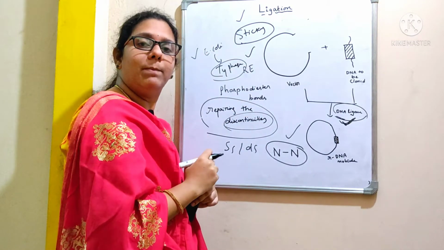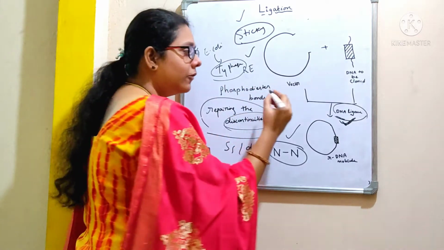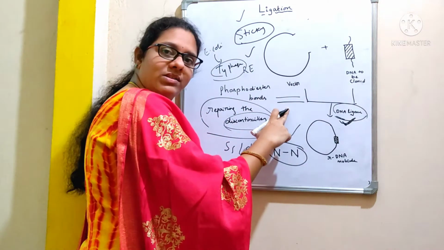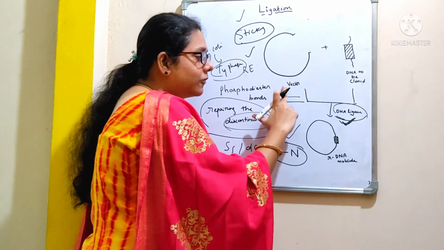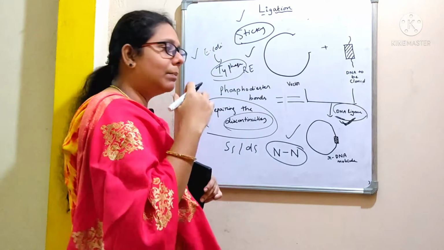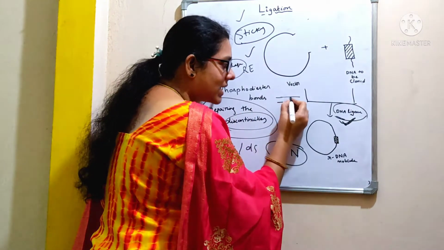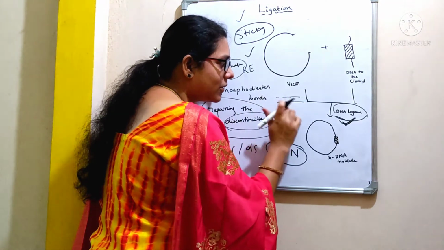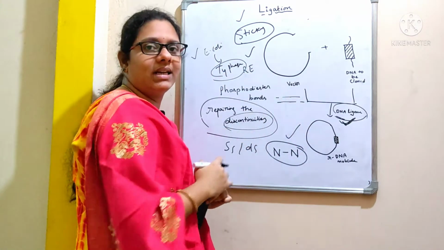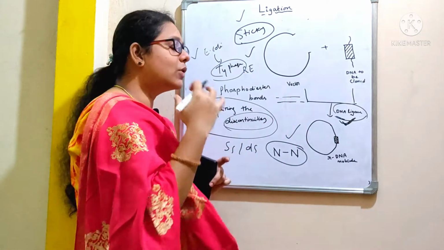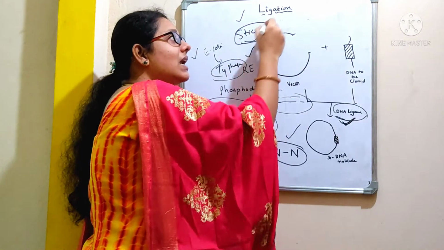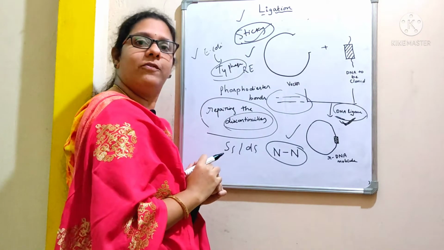What is meant by a blunt end and a sticky end? If you take a double-stranded DNA molecule and treat it with restriction endonucleases, if there is a double-stranded cut, that results in a blunt end. But if there is a single-stranded cut at both the ends of the DNA producing overhangs, that results in sticky ends or cohesive ends. So when we compare a blunt end with a sticky end, the sticky end increases the efficiency of ligation.